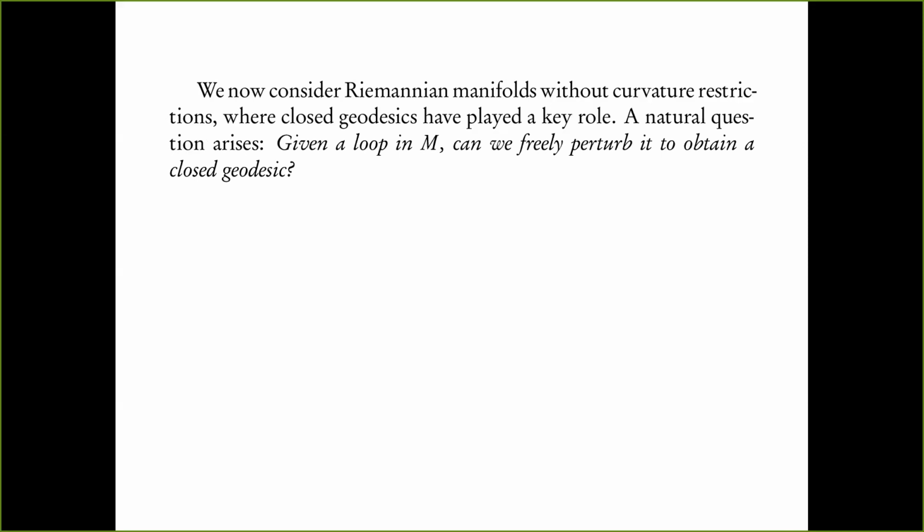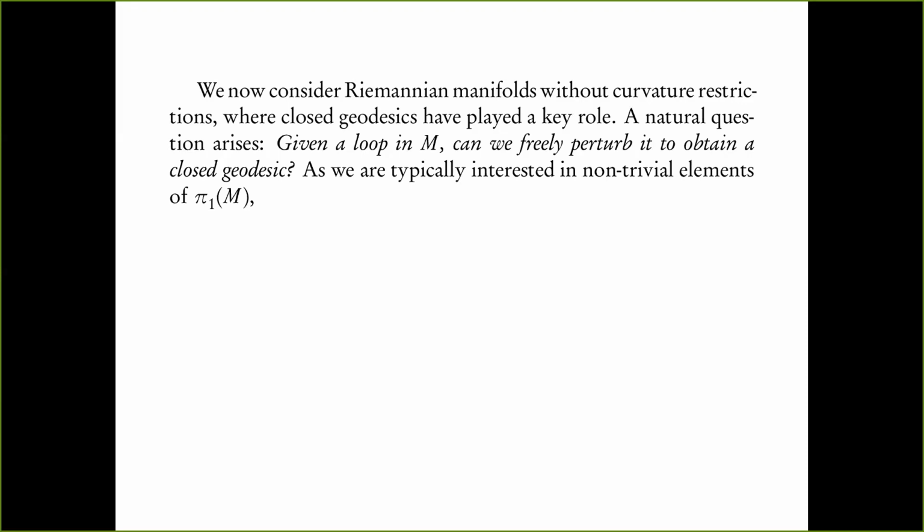So a natural question is the following. If I give you a loop in M, meaning a map from S1 to M, can we freely perturb it or homotope it so that we obtain a closed geodesic? You should have a picture of this in mind. You have your M and there's a rubber band, which could be self-intersecting and knotted, lying in the space, and you're trying to perturb it so that at t equal to 1, the perturbed version is actually a geodesic. Whether it exists or not, you can still ask this question.